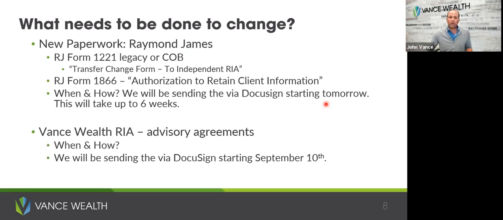And so just to know, this paperwork for the majority of you will be coming via DocuSign. That is our preferred. And we're going to fill out all the paperwork. It's just going to take a signature, and that's going to probably take us about 6 weeks to get in. And then, so that's the Raymond James paperwork. That's just to make sure it moves over to the proper department internally. And then our RIA, which is a new advisory agreement, which basically just kind of reaffirms how we charge your accounts.